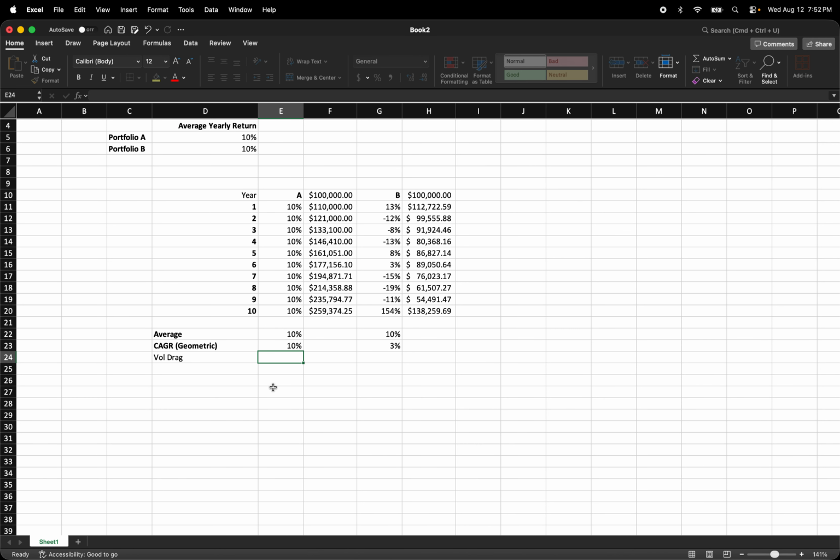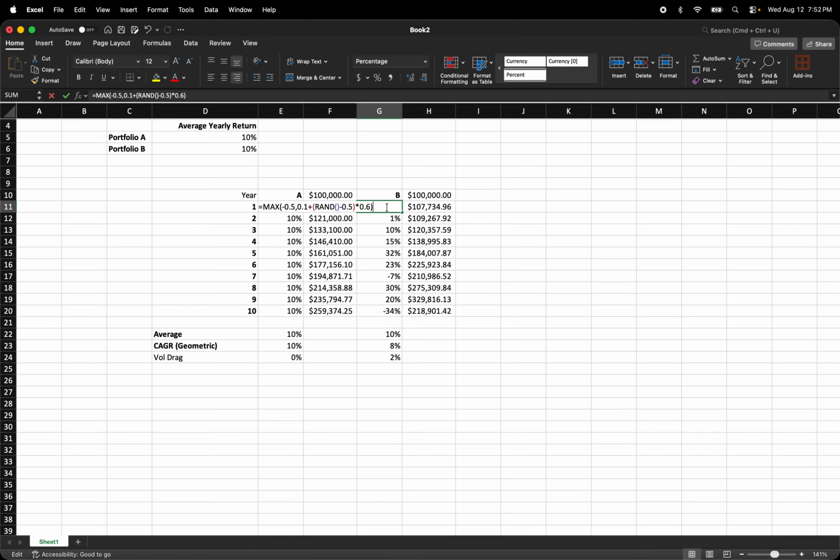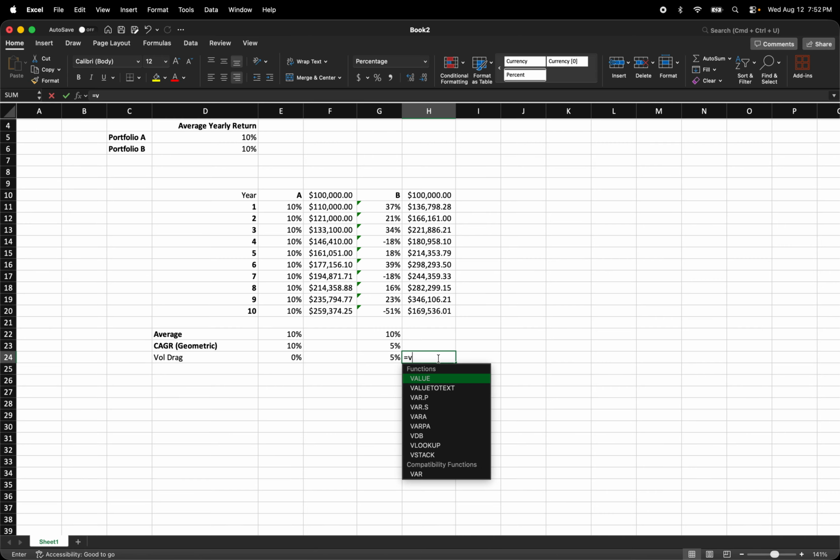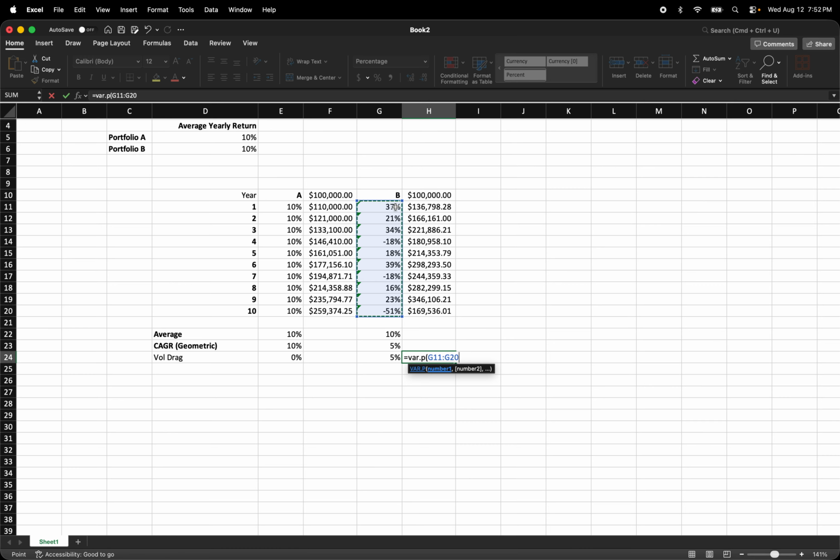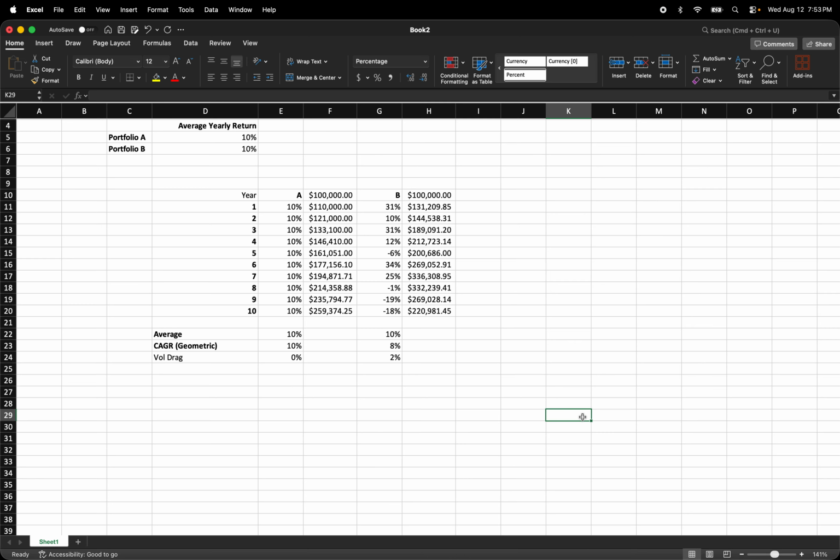So if you do vol drag, it's just these two. There's a 1% vol drag on this portfolio, hit it again, now there's a 2%. One way you could calculate that is to divide by 2. Another way, you could see 31%. Fantastic. 10%, 31%, 12%, down 6%, up 34, up 25, and then we had a series of down losses. We still did 10% per year, but we returned